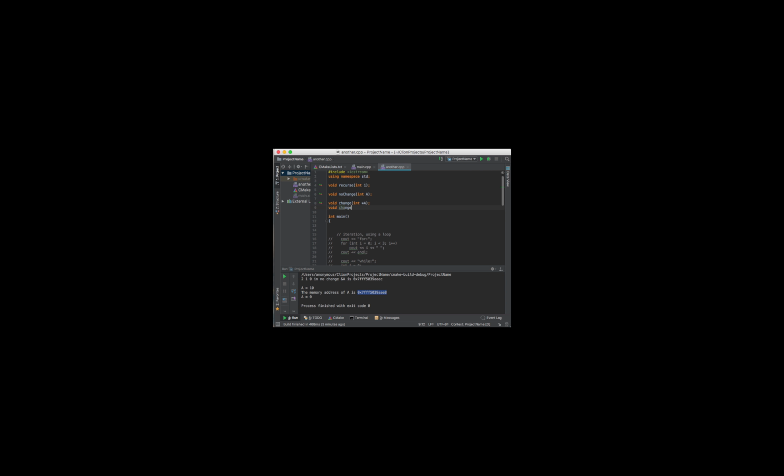Let's do this. Change to int &a, like that. So this one here is pass by pointer, and this one is pass by reference. It's basically doing the same thing, except with a pointer. So I'll show you. Let's do this: changeTo, and for this changeTo, I'm just going to send a like that. So it's a different syntax again. So this is pass by pointer,